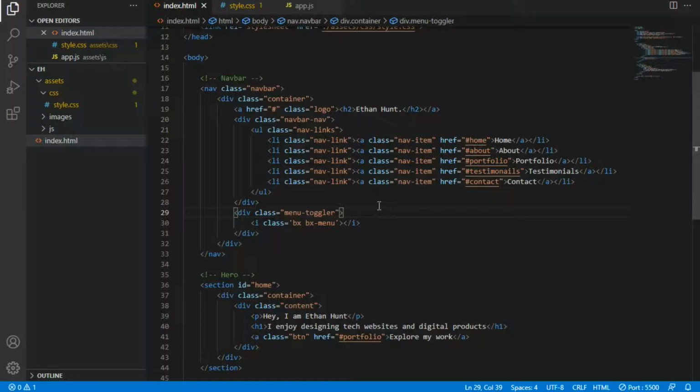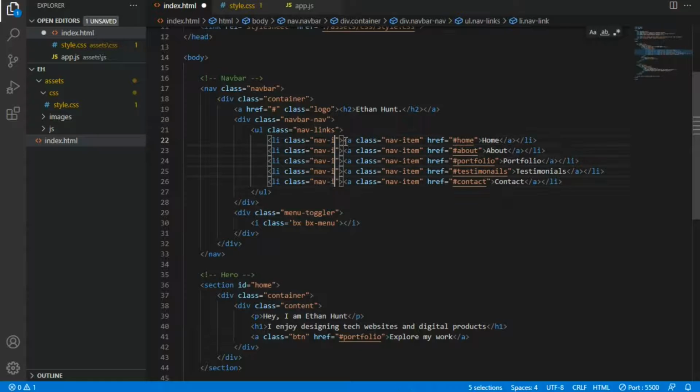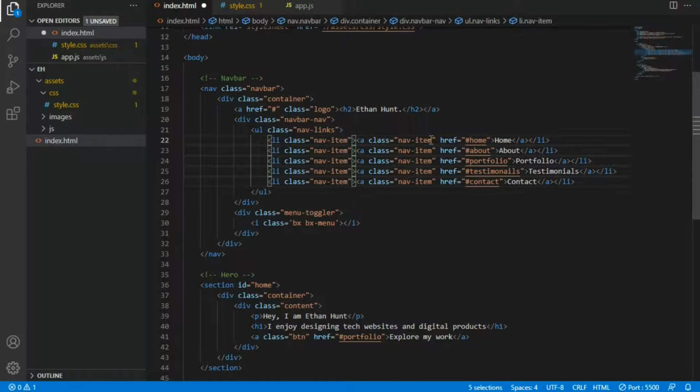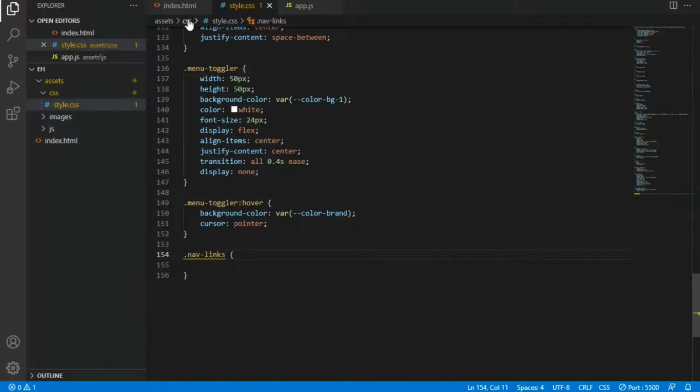Okay, so I have made a mistake. This should be nav item, and this should be nav link. This should be nav link. Okay,